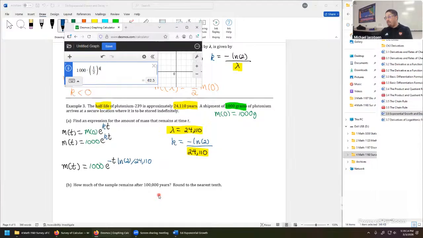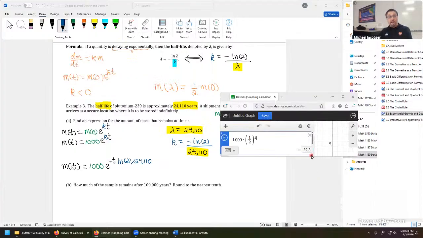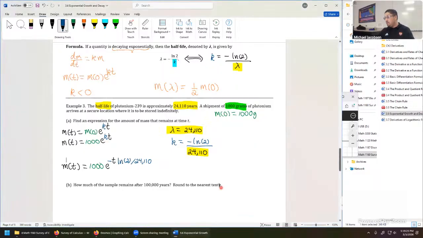If we come up with, say, 600 grams, we're way, way off. If I come up with 3 grams, I'm way off again. So let's keep that in mind. We should be around that figure. How will we do it? In fact, we're just plugging 100,000 in for the variable t. So mass